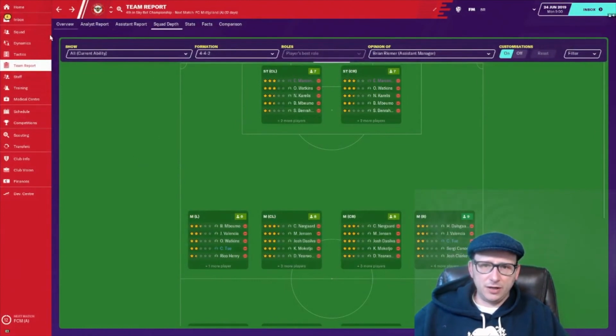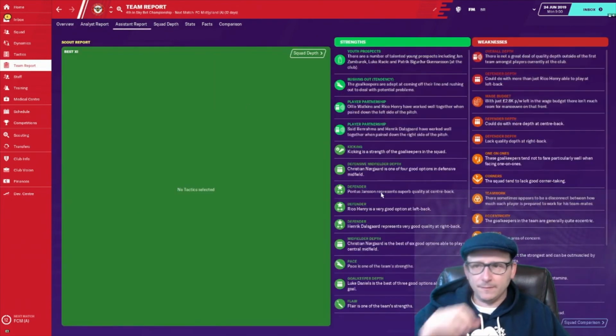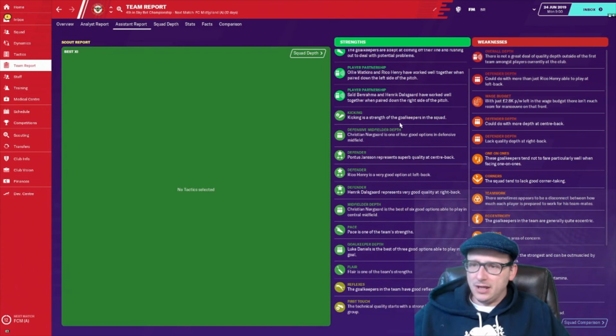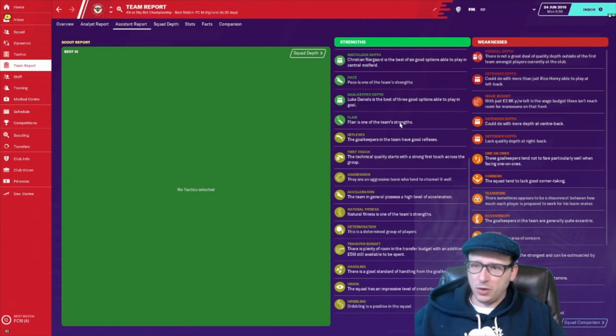Take a look at your, where are we? Dynamics. Look at the strengths and weaknesses according to the assistant manager here. He says there are a number of hot prospects in the rankings that could make Brentford a future powerhouse. A player partnership is also a strength. Defensive midfield depth, we have plenty of those options as well. Midfield depth in general. Aggression, we've got quite a lot of players with speedy acceleration, and our transfer budget is